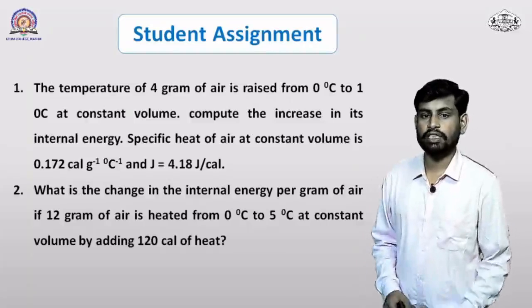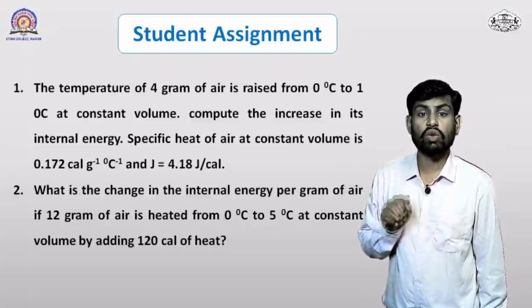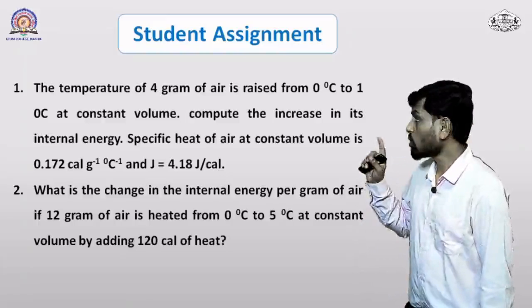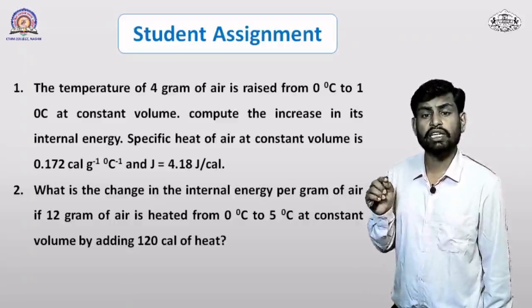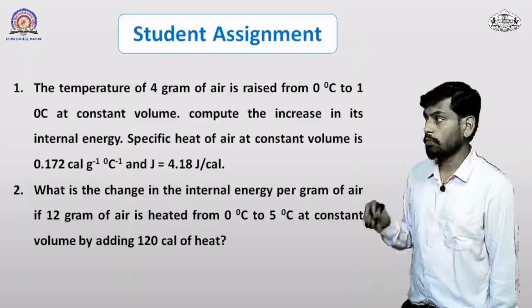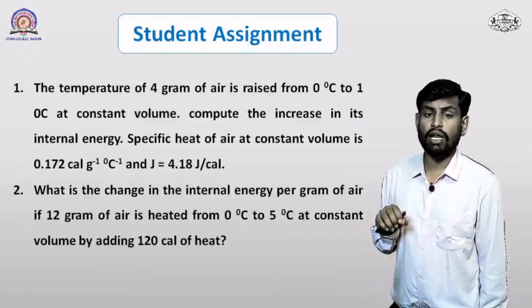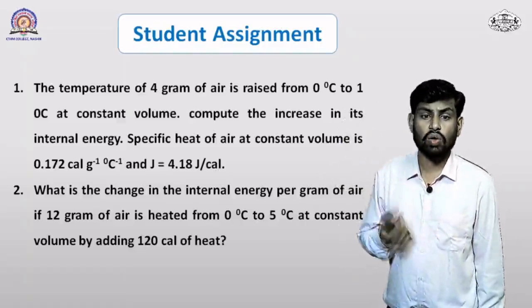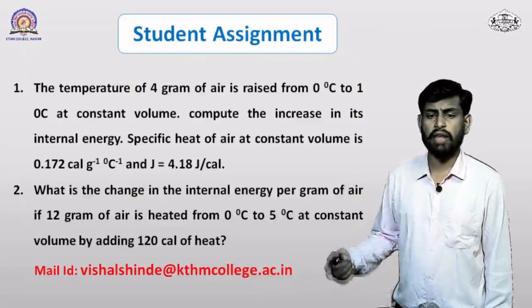The assignment for students: the temperature of 4 gram of air is raised from 0 degree to 1 degree at constant volume. Compute the increase in its internal energy. Specific heat at constant volume is 0.172 calorie per gram per degree centigrade and J is equal to 4.18 joule per calorie. The second problem is: what is the change in internal energy per gram of air if 12 gram of air is heated from 0 degree centigrade to 5 degree centigrade at constant volume by adding 120 calorie of heat? The student assignment should be sent to my email ID